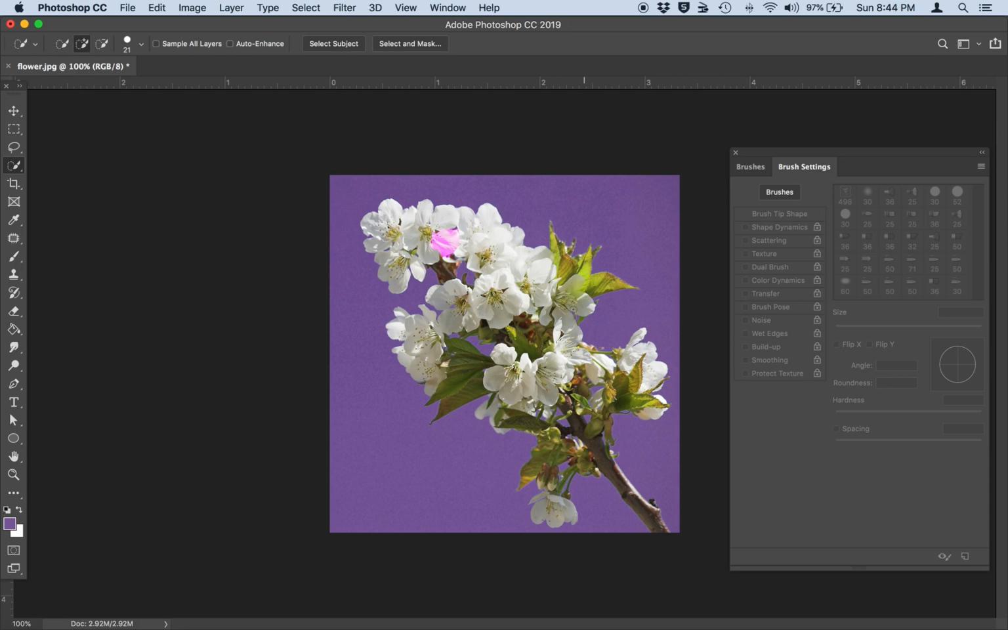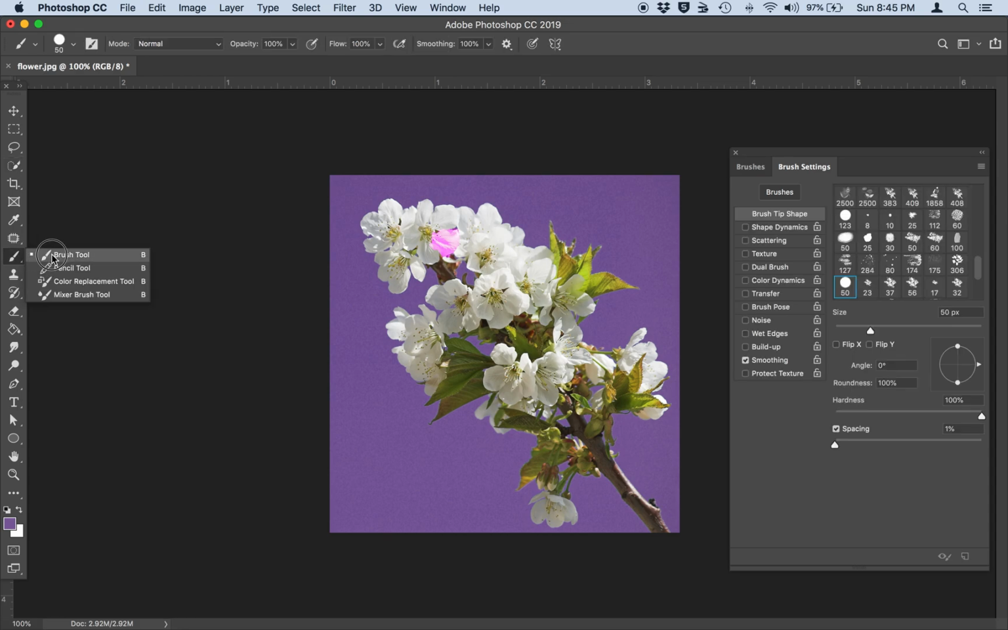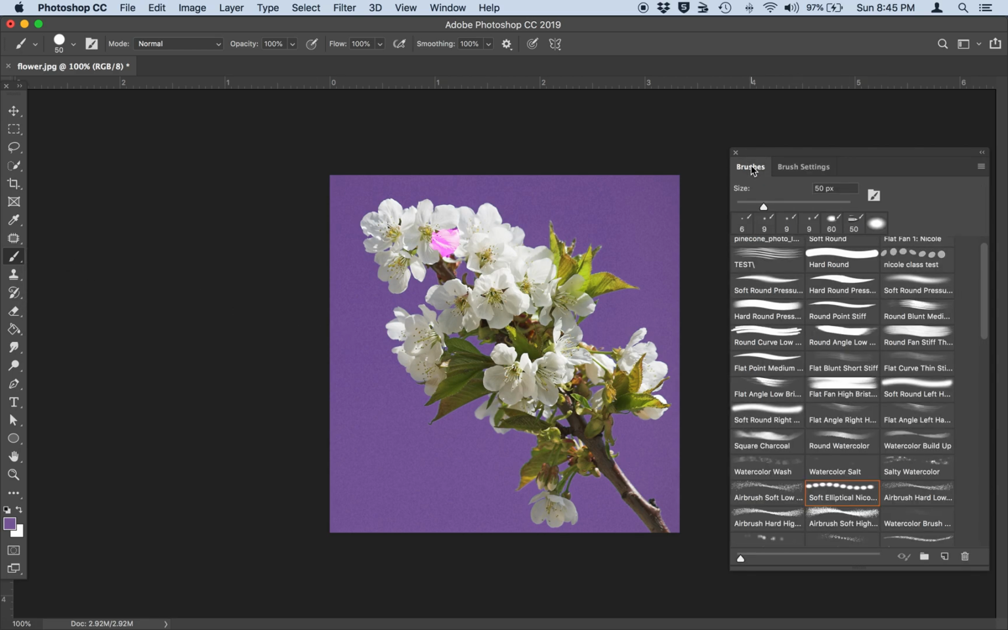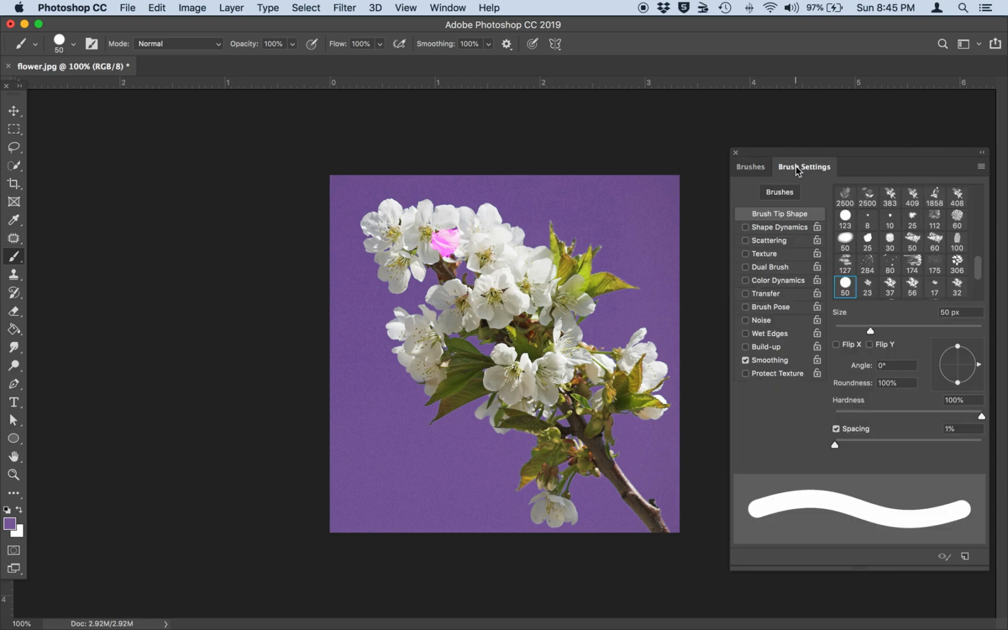So the next thing I want to show you is the brush tool and blending modes. So you can also access the blending modes with the brush tool. So go ahead and navigate to your just plain old brush tool. You can hit B on your keyboard if you want to pull it up. Of course, my brush settings panel is open, so is my brushes panel, so I can see all the different options. But for this exercise, we just want a plain old,